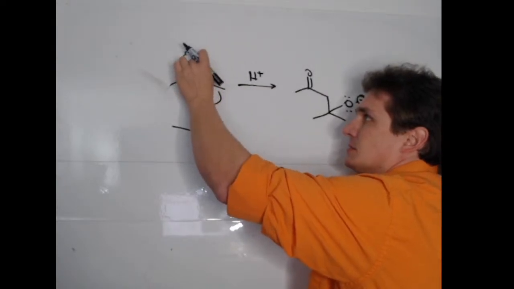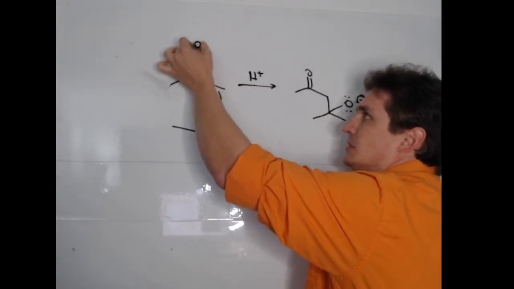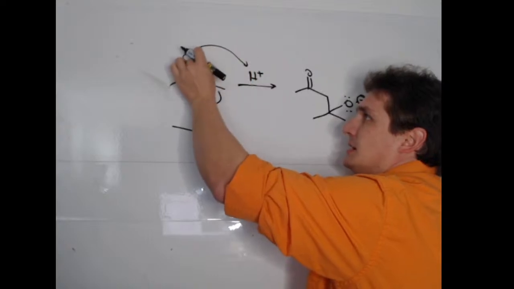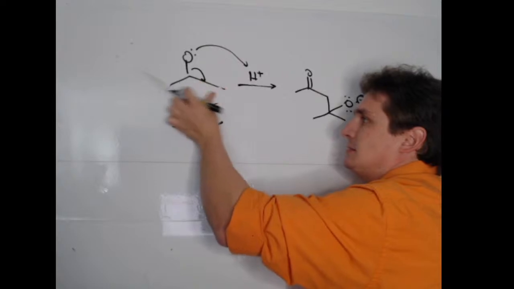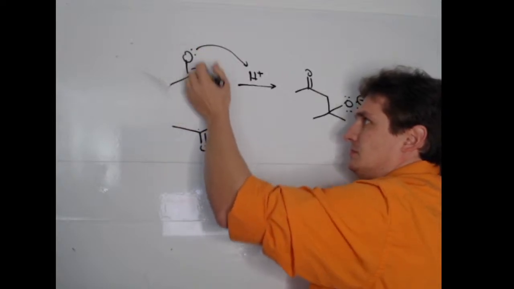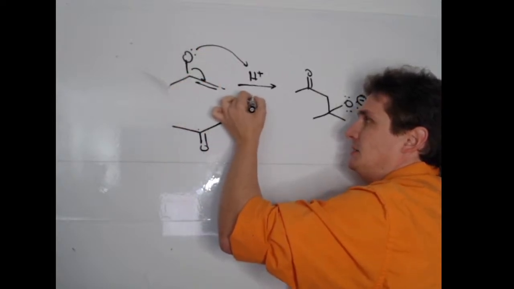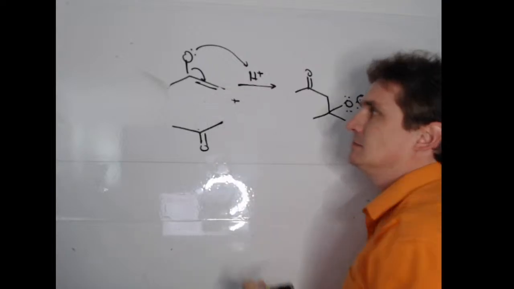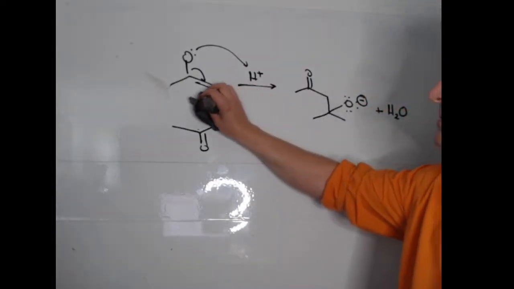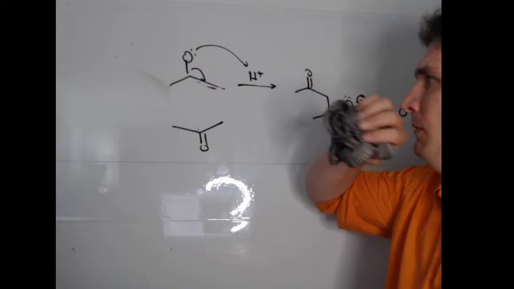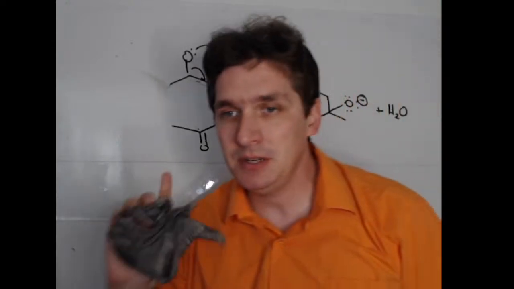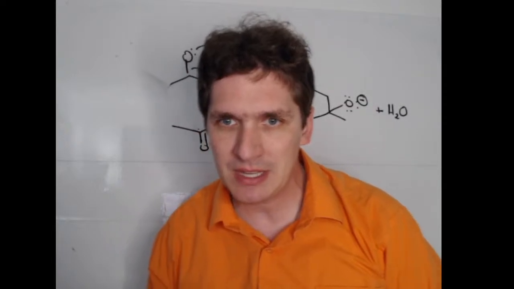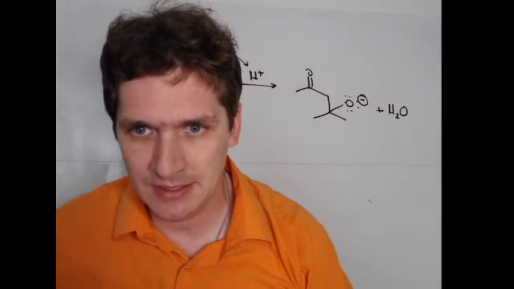So the lone pair ends up attacking the hydrogen, and then we end up breaking the bond here to give us the enol. I don't want to draw it. I can't remember off the top of my head how you do this. But anyway, so what slide 24 is trying to get at is that